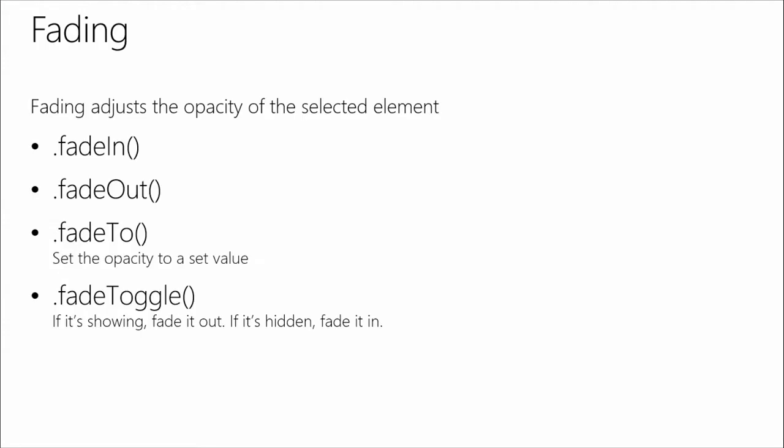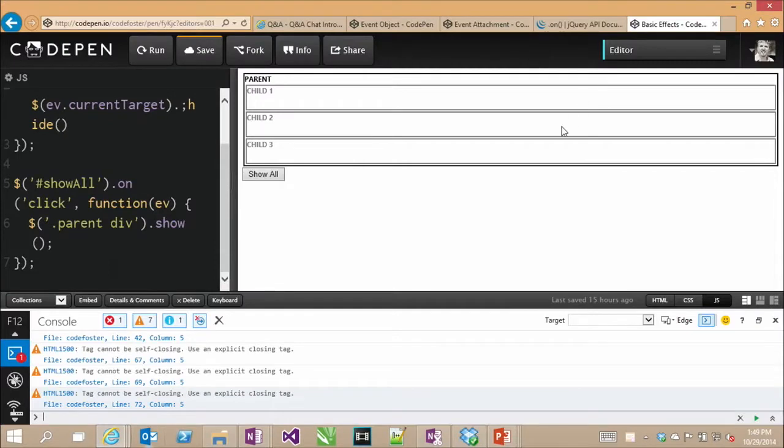The fading does almost the same thing, only it adds a little shine to it. Instead of just flashing and being gone and then flashing and coming into existence, when you use fade, it goes through a range of opacities until it gets to the value that you're interested in. So let's go back to our